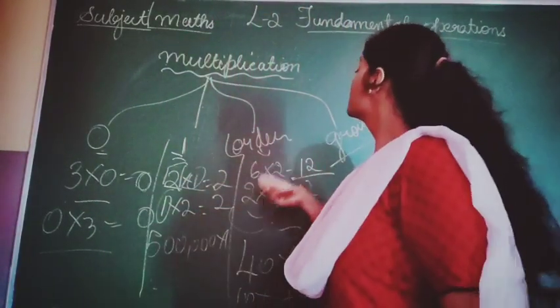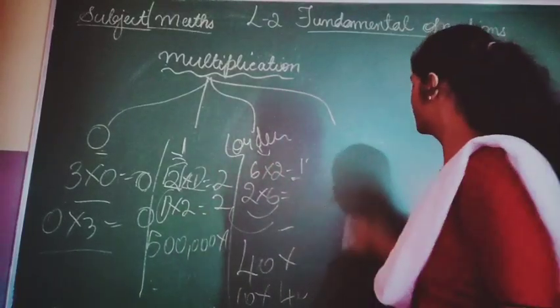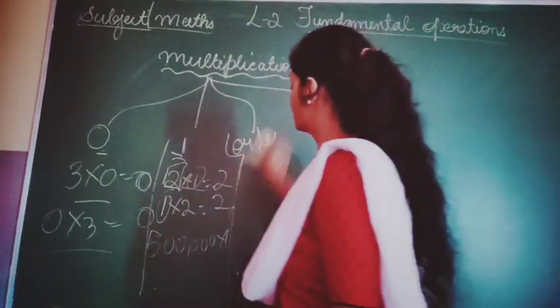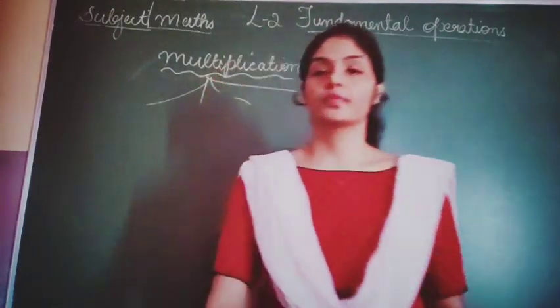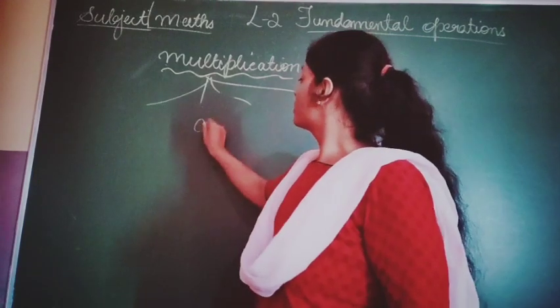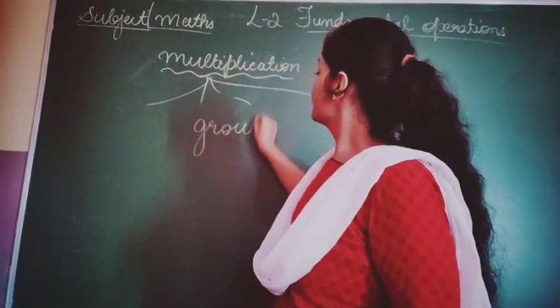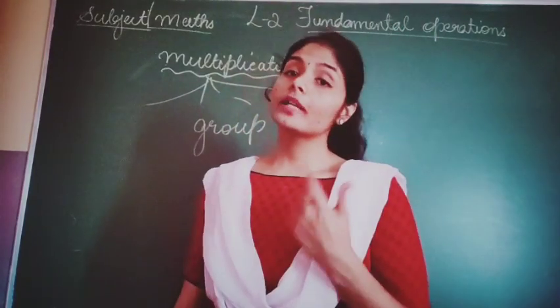Now we talked about 0, one, order, and now we have to go into groups. Okay? For groups, what do you think will come in groups, children? Now when we are talking about groups, groups is the last type in multiplication. When you are talking about groups, what comes to your mind?